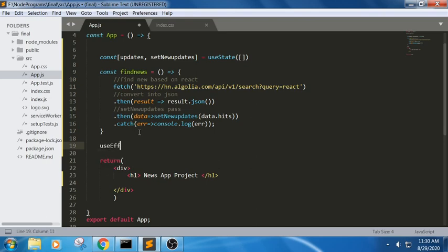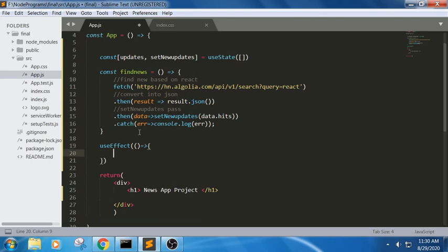Let us write the snippet so that we can understand what we are trying to do. In this, I am trying to define an arrow function where it will have this findNews. It means as soon as the web page loads, it will try to execute this complete part.